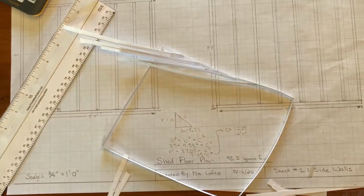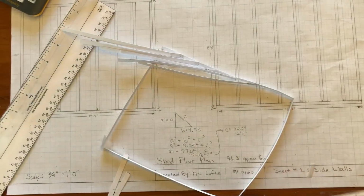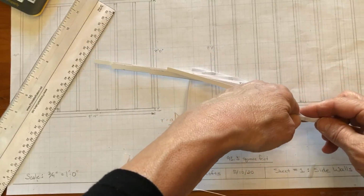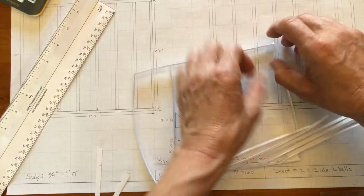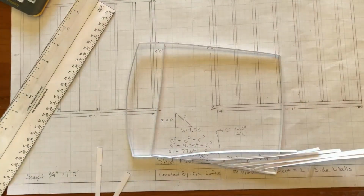And you know, I don't expect these to be perfect. I think that doing your best work does not always mean that it's perfect. Sometimes it means that you've done your best work in situations that are less than ideal. But I do expect you to put some effort in. I expect you to document how you did it. I would like to see you do a little bit of a video. You don't have to do a really long video, but I would like some pictures as you go as to how this works for you. So